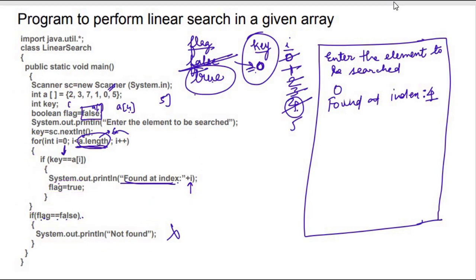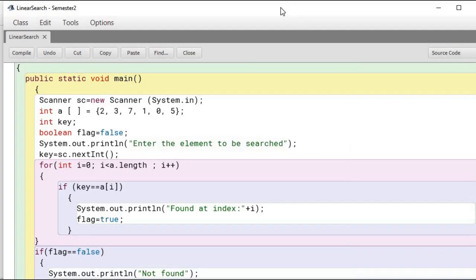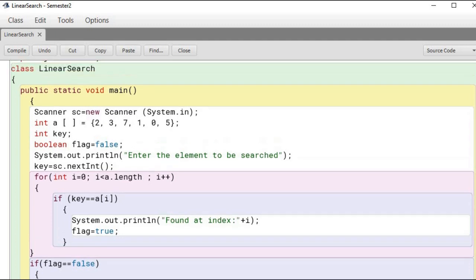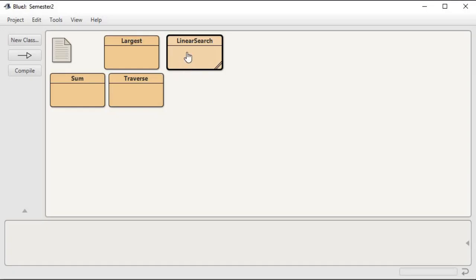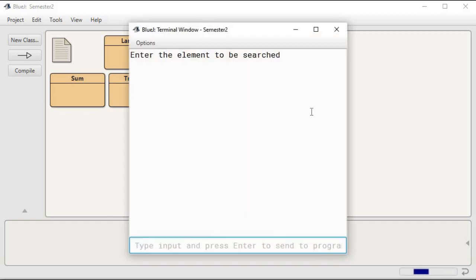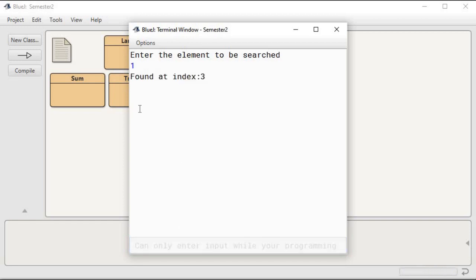Now I'll do the same program in BlueJ for you people. So you see this is the same program that I have explained to you just now. Look, now I will run it. Okay, so it displays the message: enter the element to be searched. I am searching for 1, so I'll press 1 and enter. And what does it give?